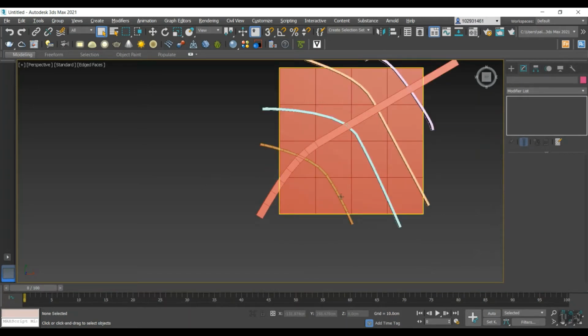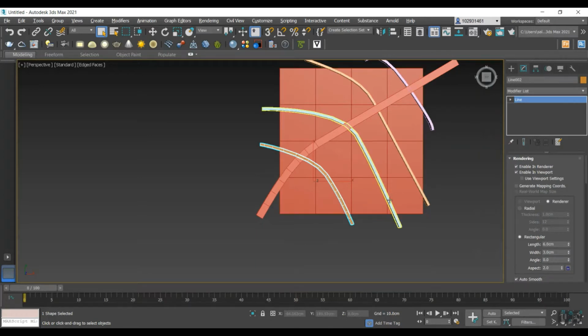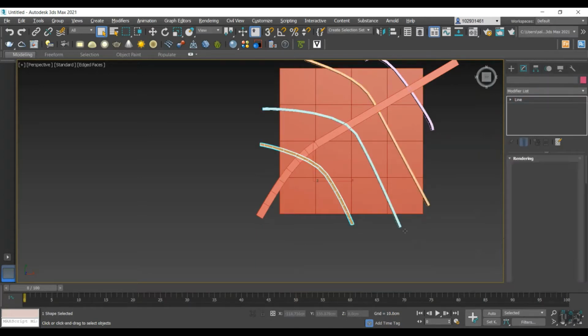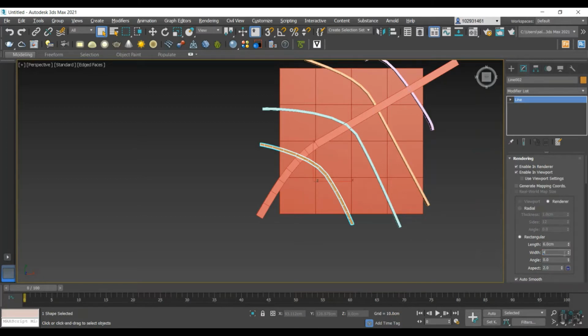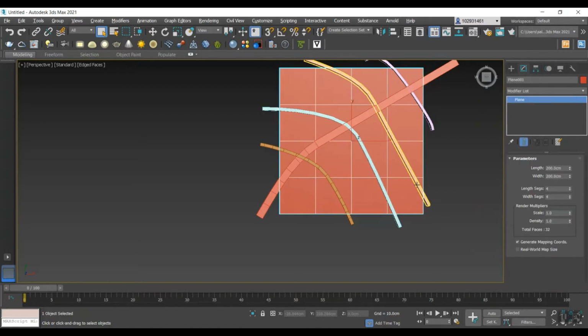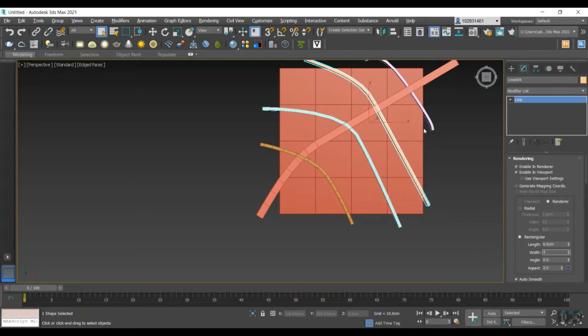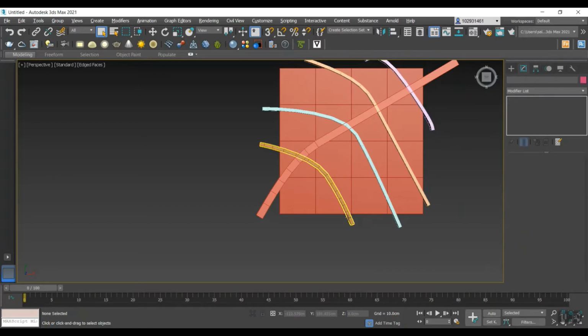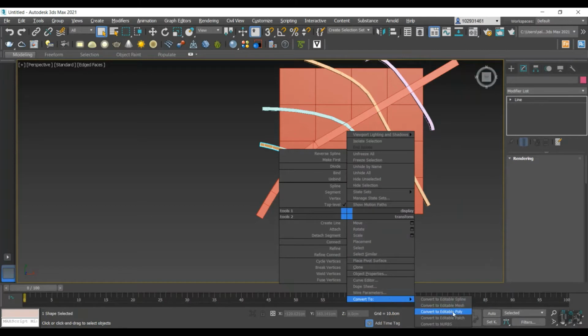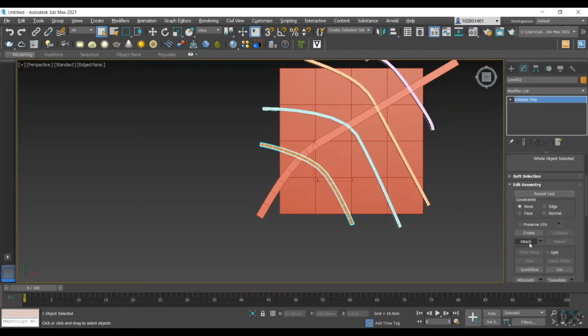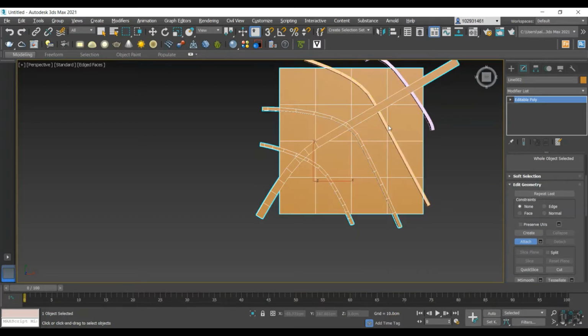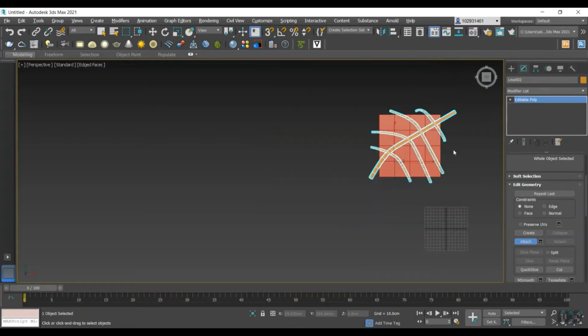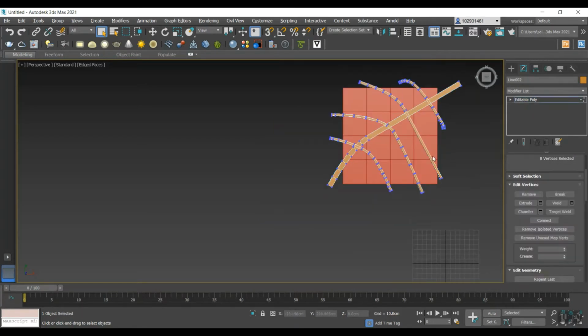I'm gonna convert this one to editable poly. Seems a bit thin to me. Yep. Gonna convert then this one to editable poly, and I'm gonna attach the other ones to it. Okay. Once I'm done, I'm gonna get out and